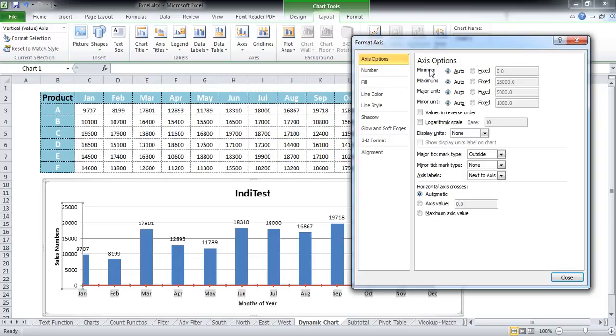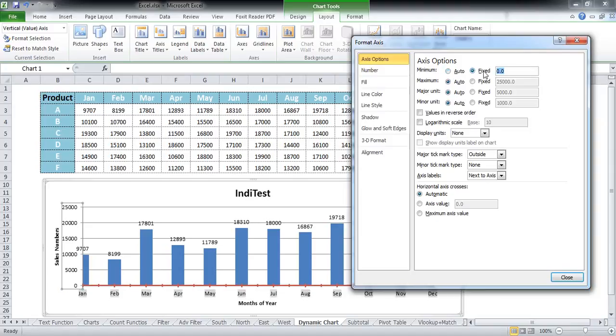So let's just go to Excel right now and see what effect these axis options have on our axis. Now you can see the default values that have been selected are the Auto ones, and as my recommendation, it is best to keep them as Auto, but as the need arises, we can change them the way we want to. So the Minimum option indicates what is the minimum value which my vertical axis can have. So either it can be automatic, or you fix it as much as you want.